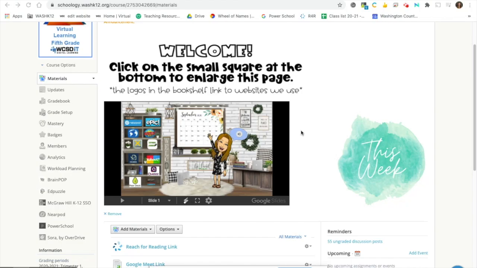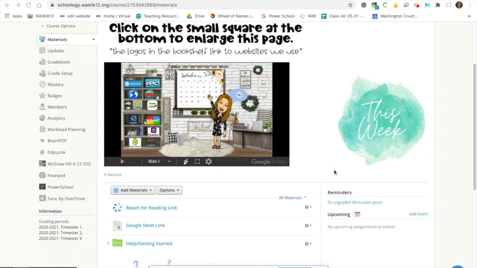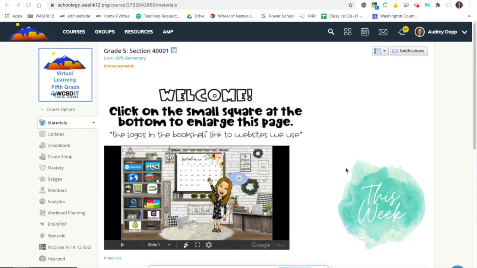Okay, I'm going to show you how to link your gradebook on Schoology to PowerSchool. When you have your assignments, you have to make sure that they're graded assignments and that you've assigned categories to them. That's the most important thing to start with. But after you have your assignments set up and you're grading them, then when you go to your gradebook,